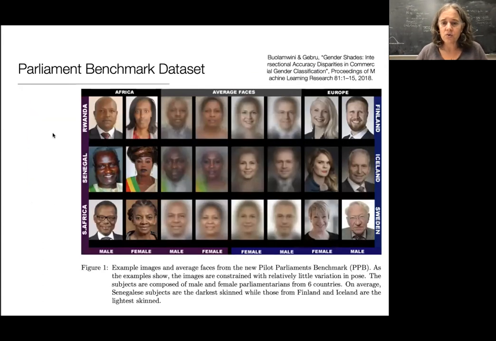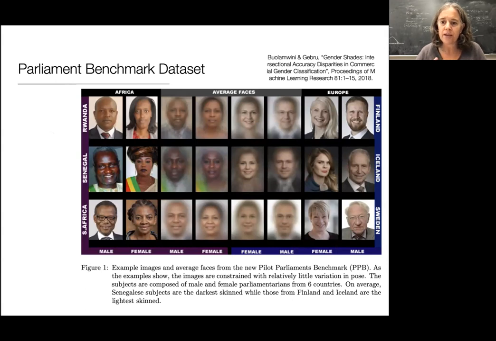So now I'm going to talk about two studies that were done to really help us understand how facial recognition software is problematic, and how it can, again, represent systems of inequality. This first study was done by Joy Buolamwini and Timnit Gebru, and what they did was they took